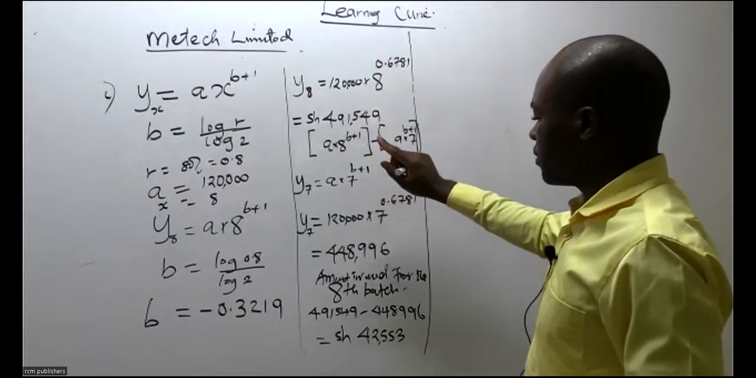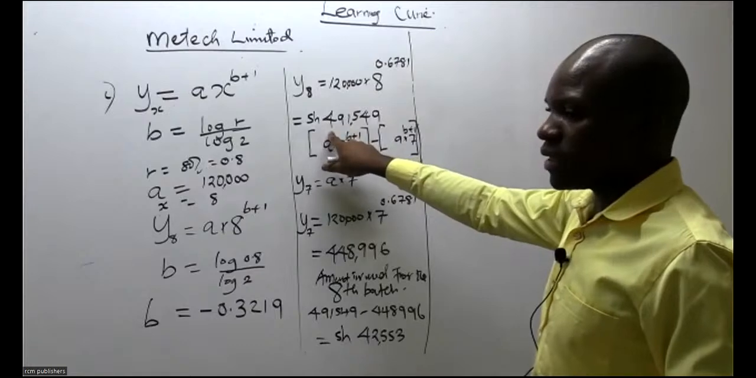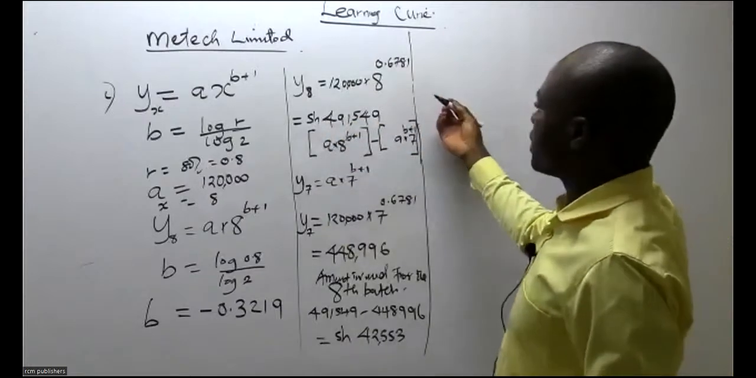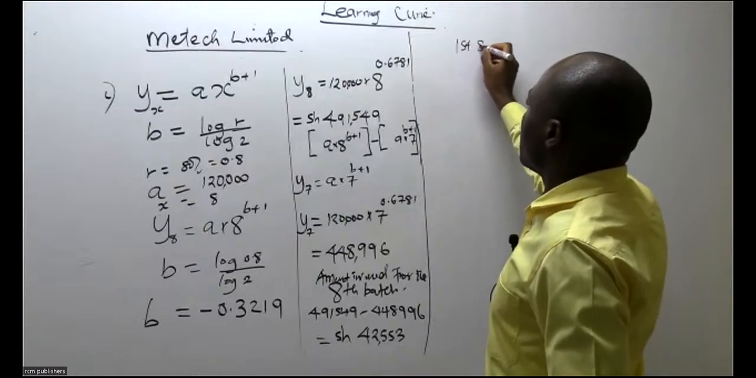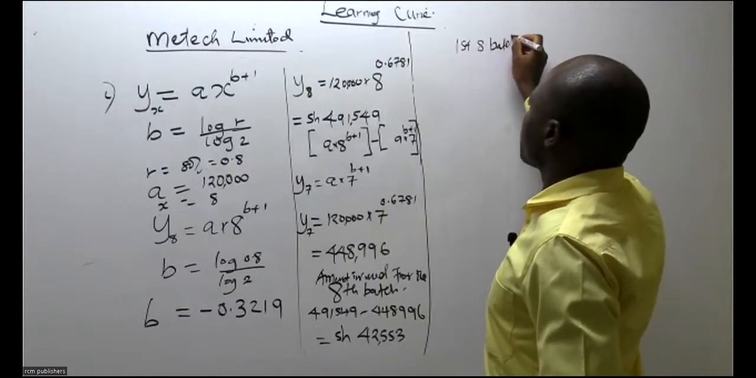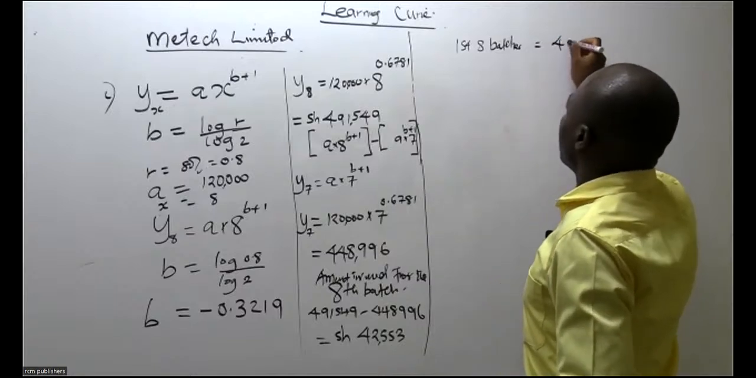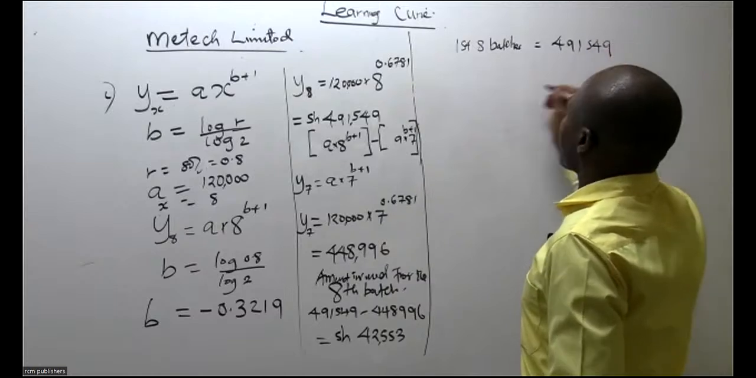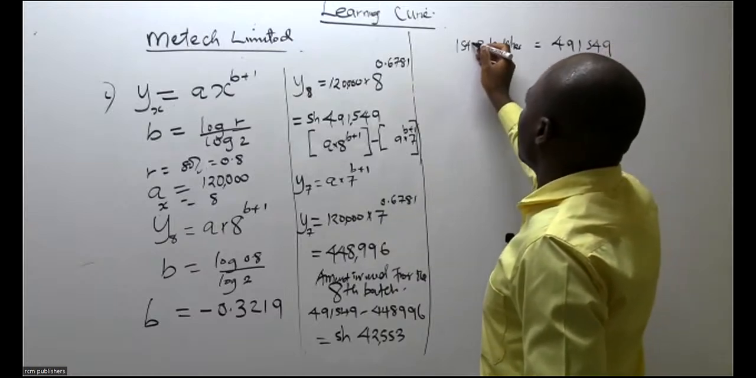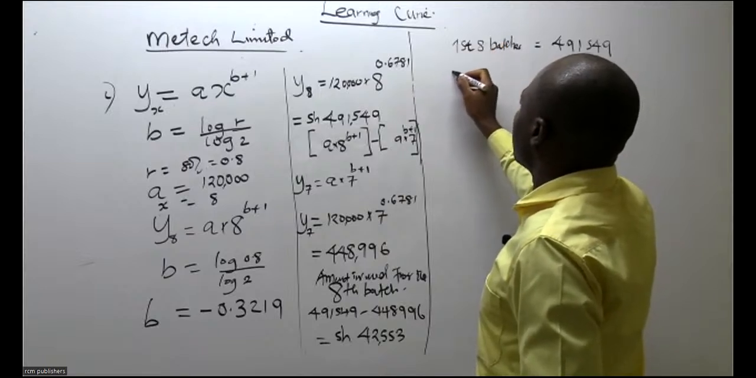The first 8 batches. The first 8 batches, how much did they incur? The first 8 batches, they incurred 491,549. Then the last